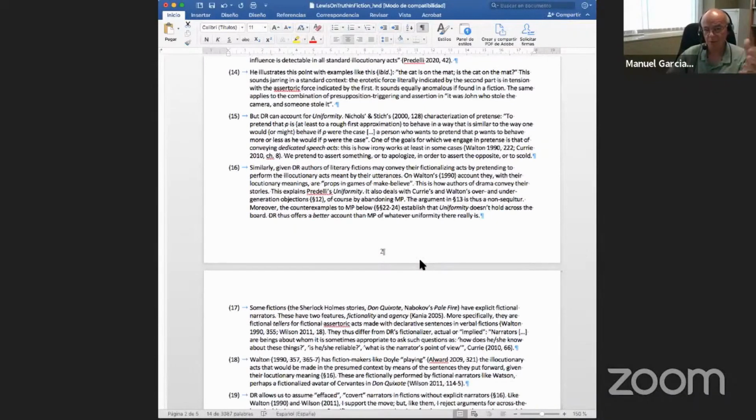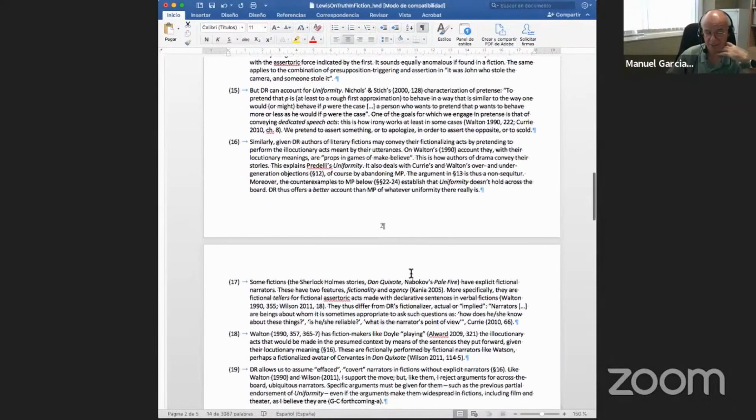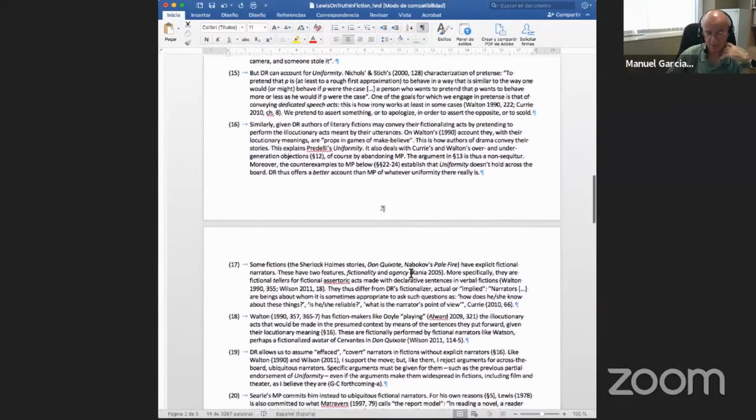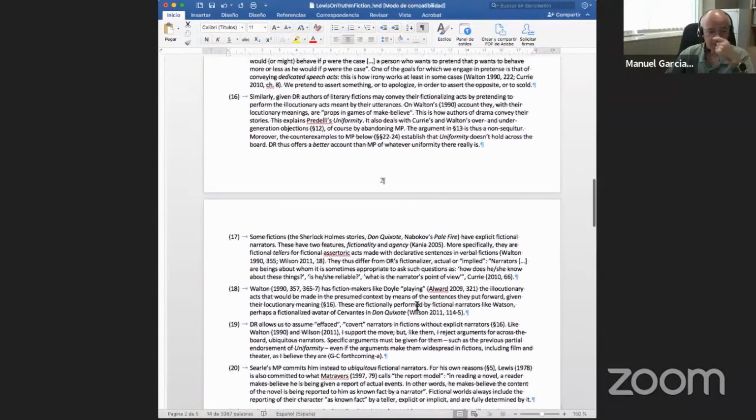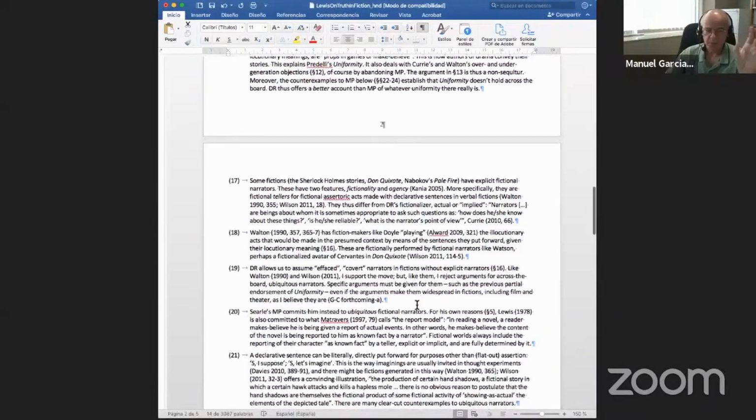There is the uniformity that I have illustrated following Predelli, but later I'll mention that there are other cases that show that fictionalizing has its own specificity, and the uniformity may well break down, and breaks down in many cases of fictionalizing. Okay, so far